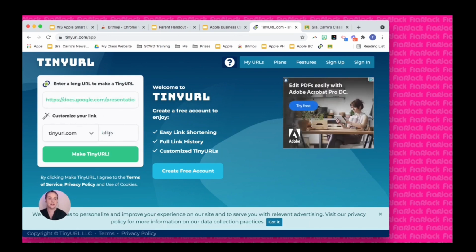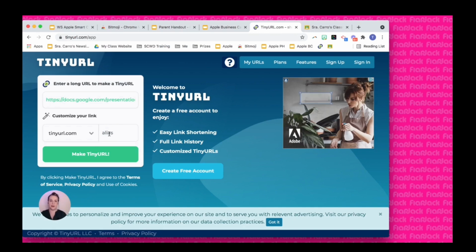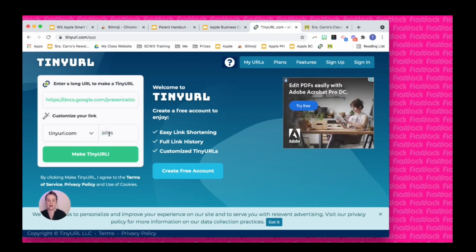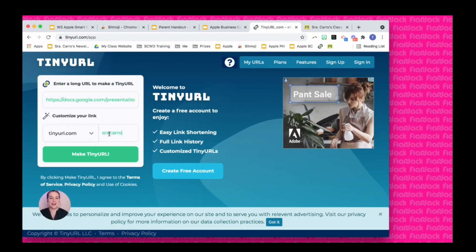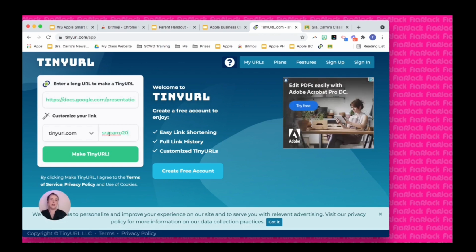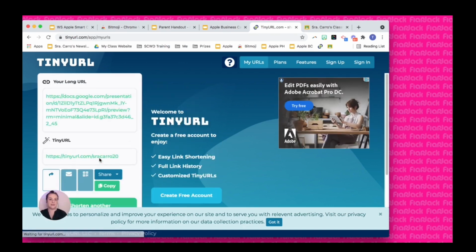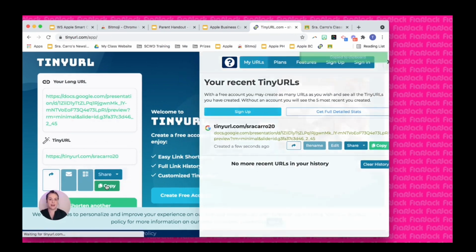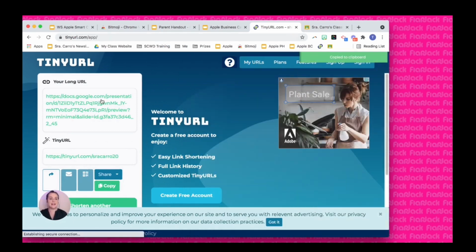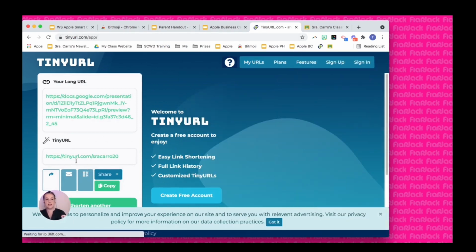And then here I'm going to go to alias, which is just whatever you want to add to make it yours. I've already done this like a million times, so I'll probably need to pick a big number. Let's do 20. Senora Caro 20, make tiny URL. So then I copy it. And so hopefully if I did things right,